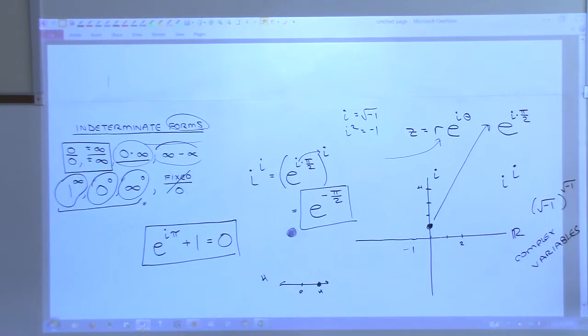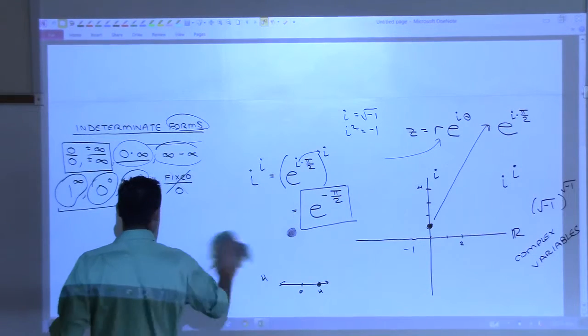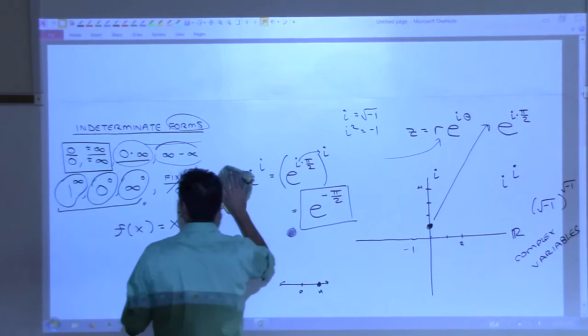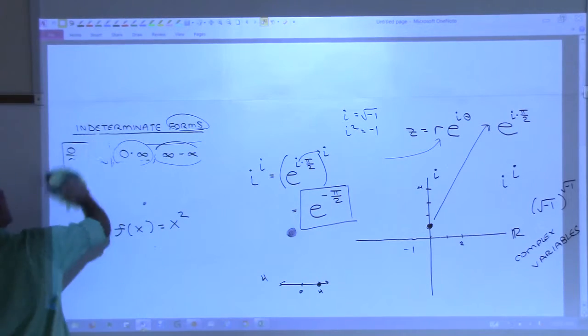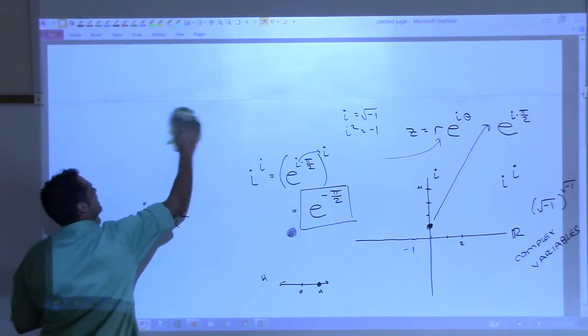Sorry. We should be doing L'Hopital in here right now, but this to me is interesting. So look, complex. I just want to tell you why we don't study it here. It's not that we don't want to. Trust me, I want to talk about this. But here's why. If you take a real number, like let's take a function, f of x is x squared. Y'all are not allowed to talk about complex numbers ever again in this class, okay? You found my weakness. Okay.